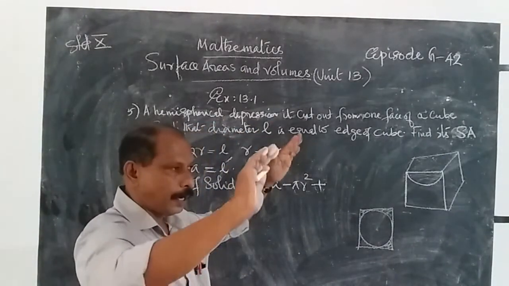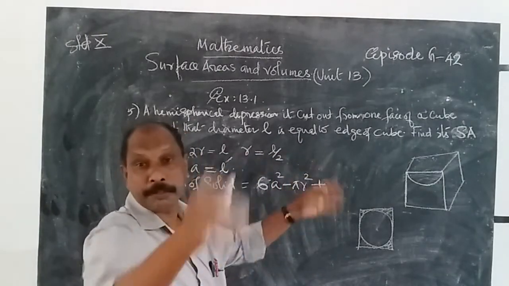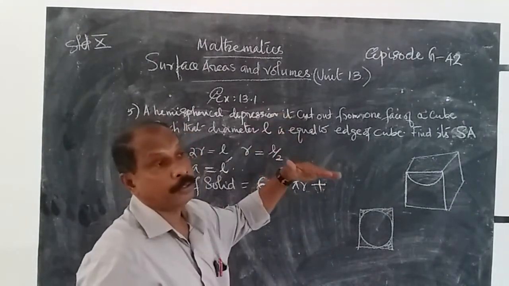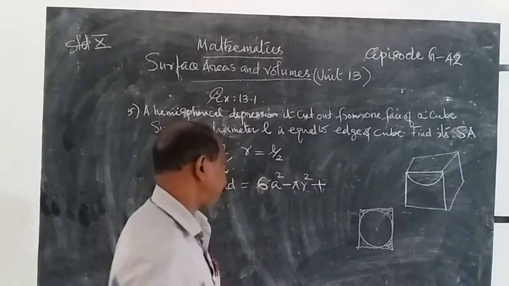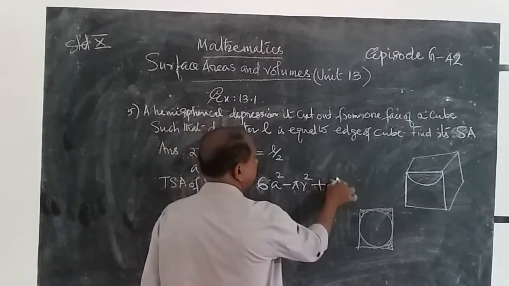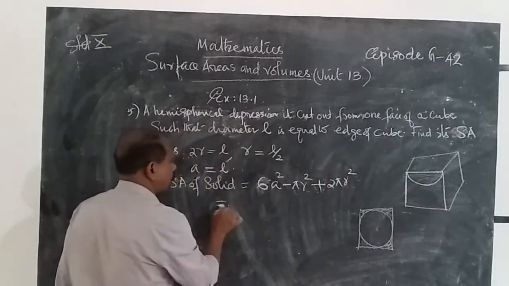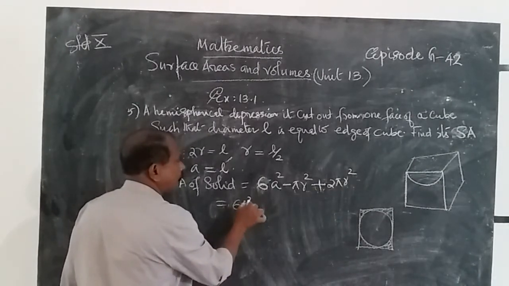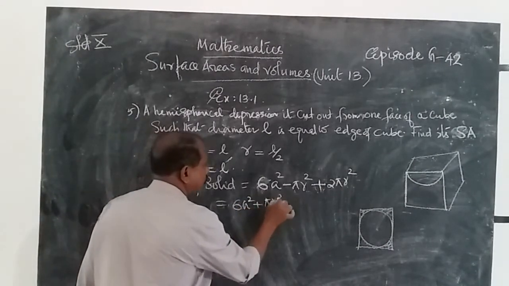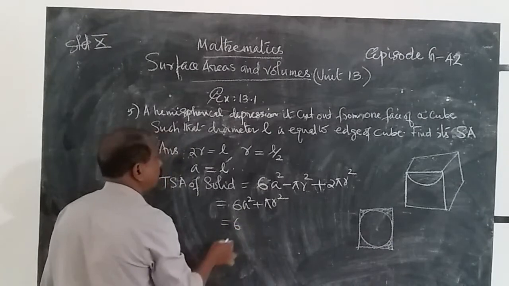Yes, that is the diameter, the same. Therefore, there is a remaining part the same as the previous question, plus 2 pi r square is equal to 6 a square plus pi r square,